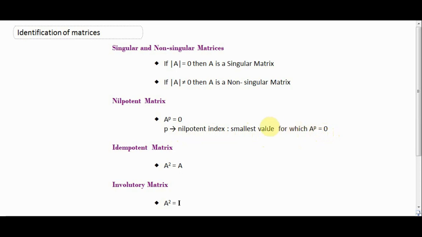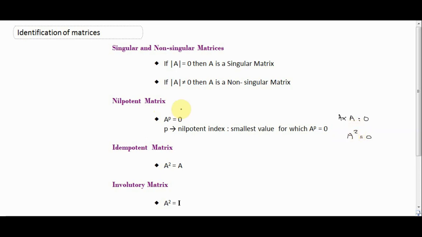So sometimes A may not be 0. We will have a value for the matrix. Now when you multiply A with A, that is when we perform A into A, we may be getting a 0 matrix. So in that case, A raised to 2 has become equal to 0,